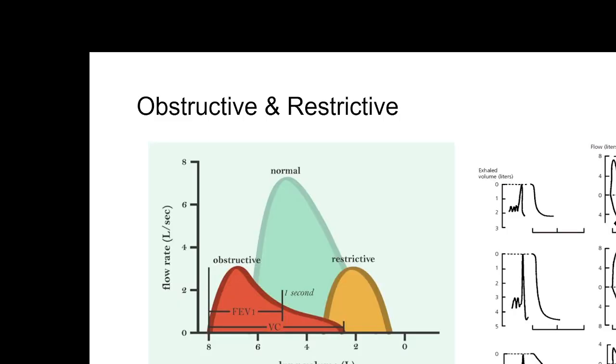Now obstructive and restrictive differentiation is again quite important. In a typical normal condition, the inspiration volume is quite good, and the expiration volume also would be almost equal, but expiration is a relatively slow process. In a typical obstructive pathology, the total volume of inspiration is lesser and the expiration is more prolonged, but it equals the volume. In a restrictive pathology, there will be a difficulty in inspiration.